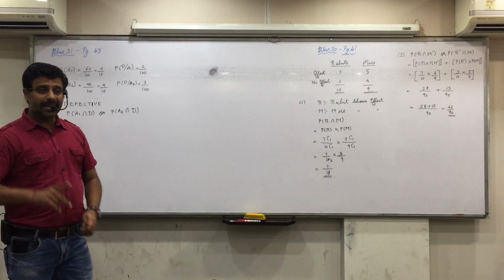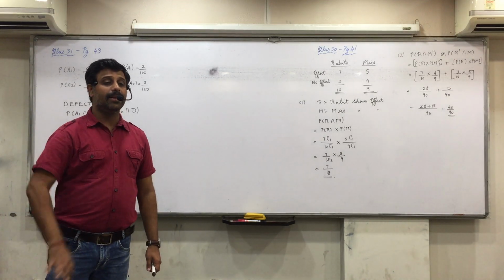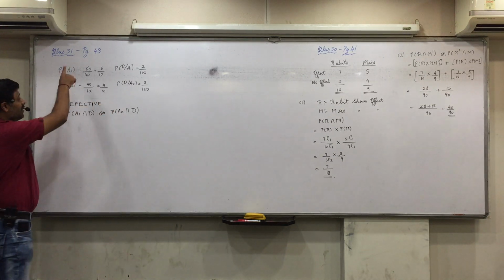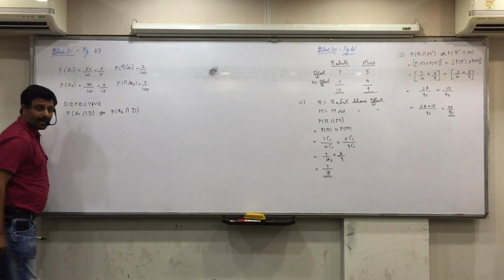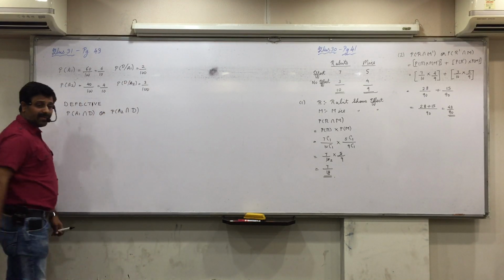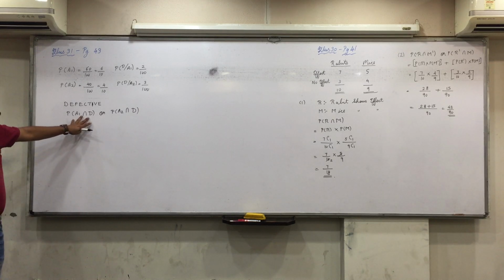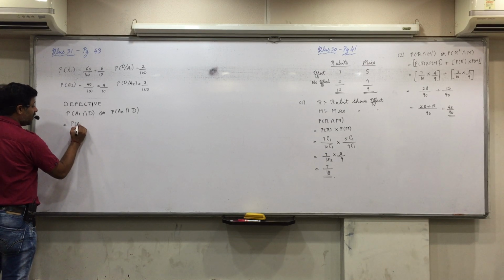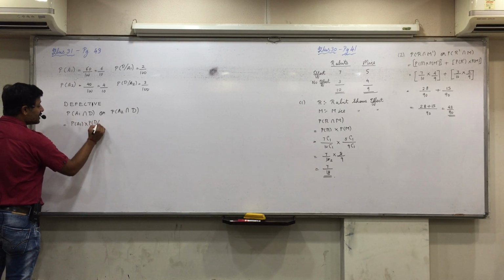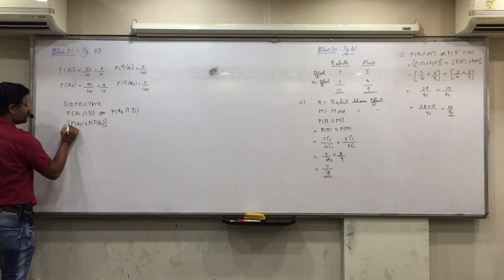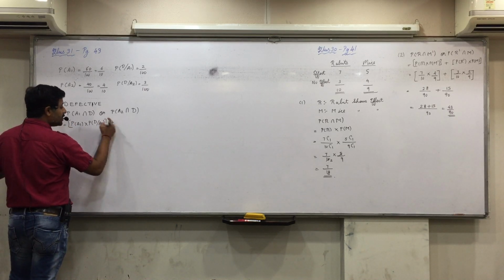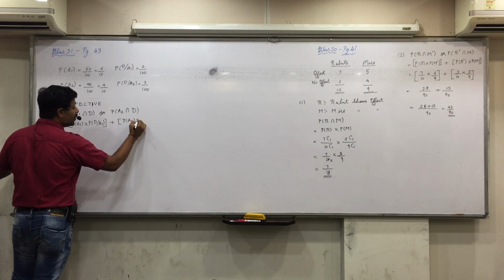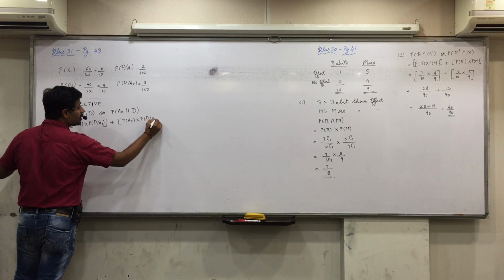Now tell me, being defective, is it a dependent event or independent event? Dependent event, because it depends. If you select from A1, then the chances of defective are different. If you select from A2, then the chances of defective are different. So are these two dependent or independent events? Dependent. So what formula we will use here is P of A1 into P of D slash A1, dependent events formula. And how will you find OR means plus? How will you find A2 intersection D? P of A2 into P of D slash A2.